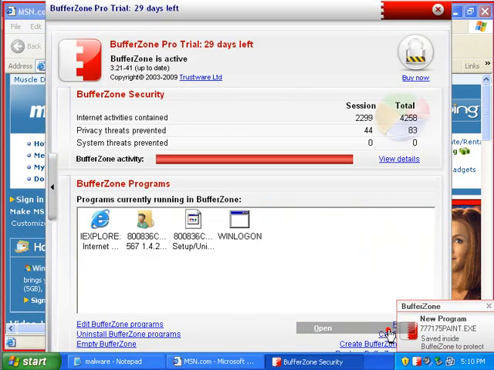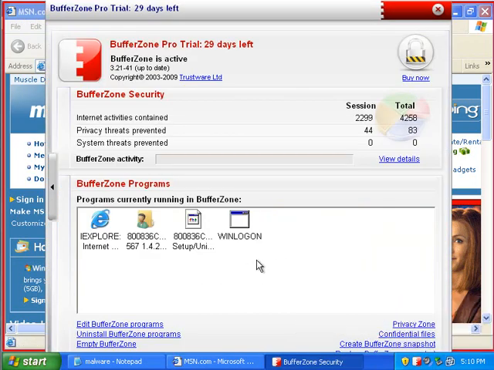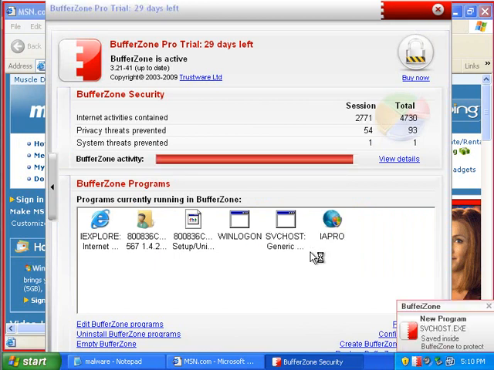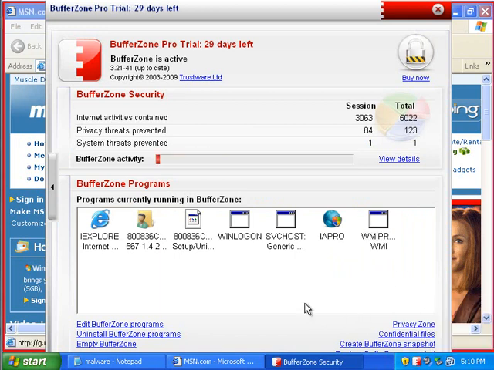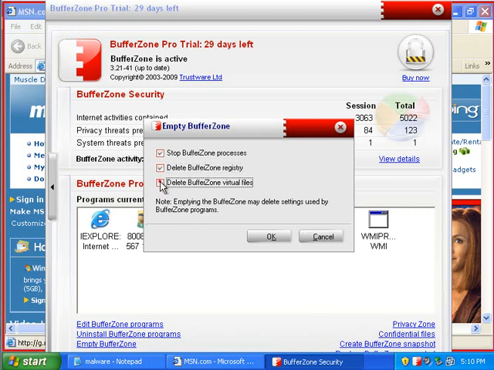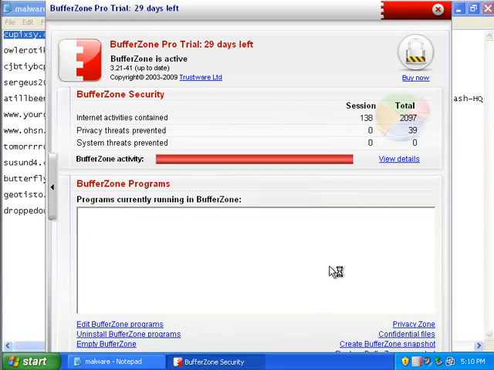So if we open up Bufferzone, we'll notice that we have some stuff inside here, and yeah, more stuff's loading in. Man, this one's really making a mess of the system. I'm glad I ran this in the Bufferzone. I'll just go in here and hit empty Bufferzone, delete everything, and gee,